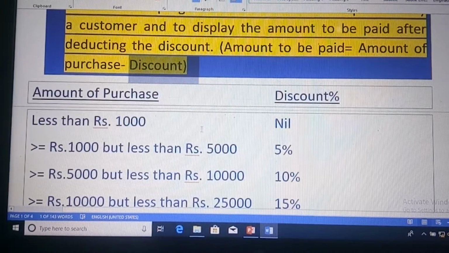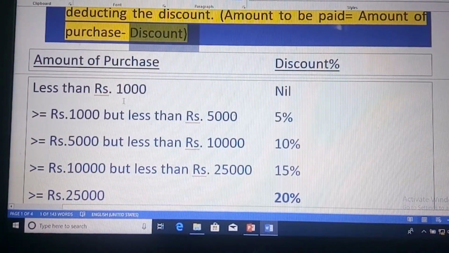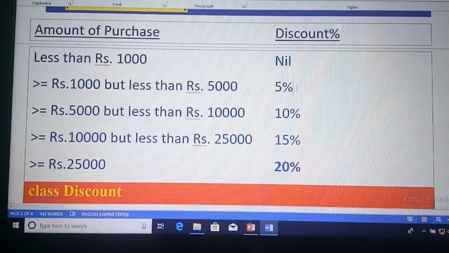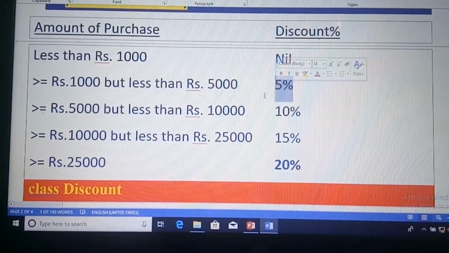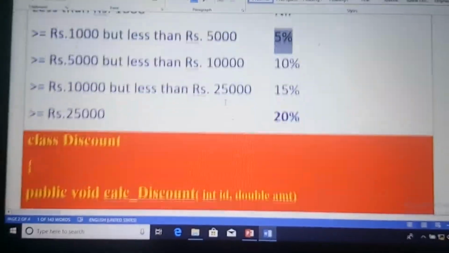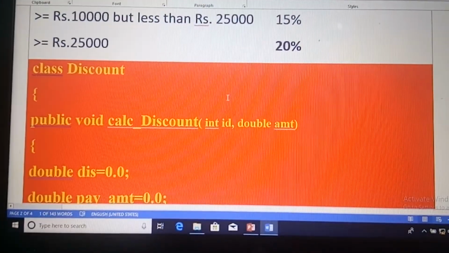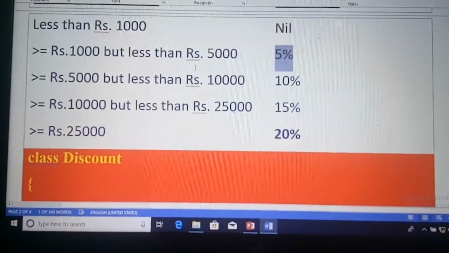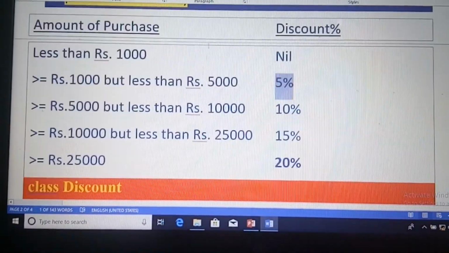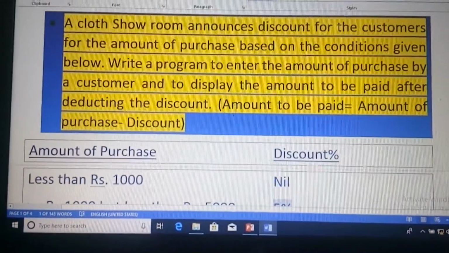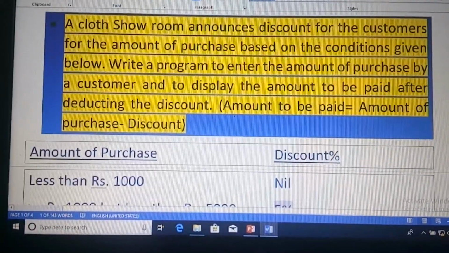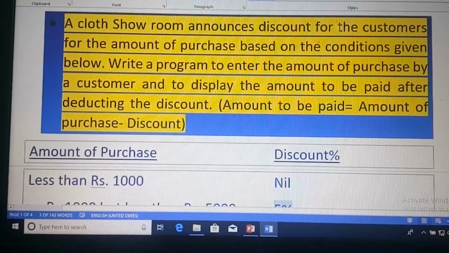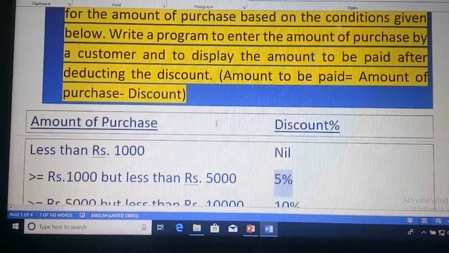Okay, this is the range of conditions for various percent of discount. Now we come to the program for entering the purchase amount and calculating the discount and the amount to be paid by the customer.